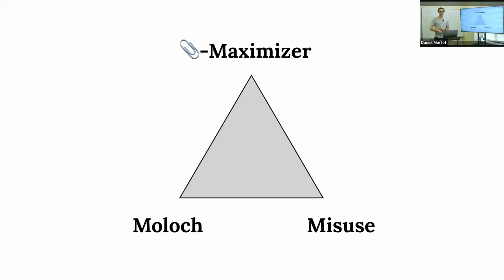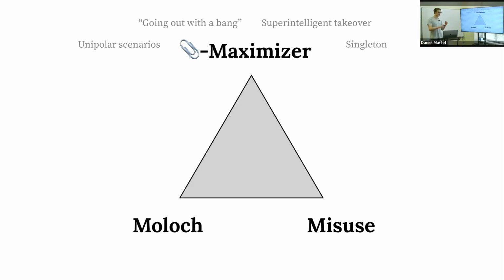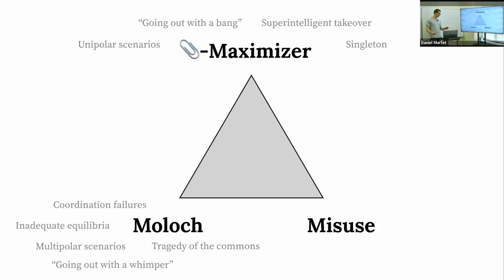There's the Moloch kind of risk, this collective risk, the risk that's not attributable to any one individual, but that just comes from a collective failure. So think of these tragedy of the commons kinds of problems, these problems where it's the system level incentives that get us stuck in inadequate equilibria and that lead to nasty outcomes for everyone. And then of course there's the more typical sci-fi scenario, the scenario of the paperclip maximizer, where you get an autonomous AI agent that takes over control very quickly. And this is linked to words like singleton, super intelligent takeover, going out with a bang, what we call unipolar scenarios. The Moloch stuff is tragedy of the commons, multipolar scenarios, going out with a whimper, where